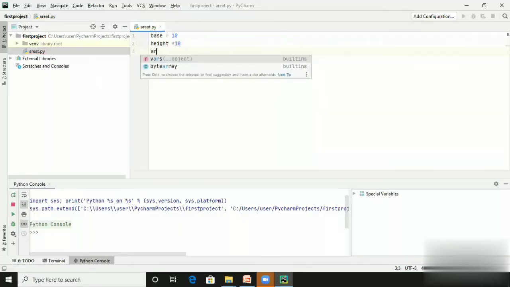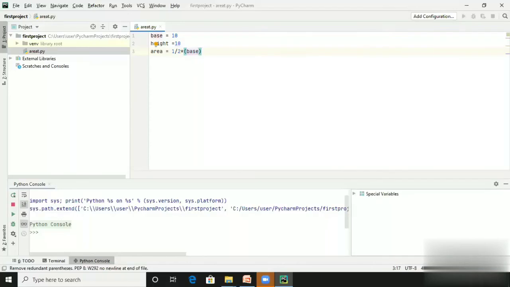I'm taking a new variable, area is equal to... how do we calculate area? One half multiplied by base into height.